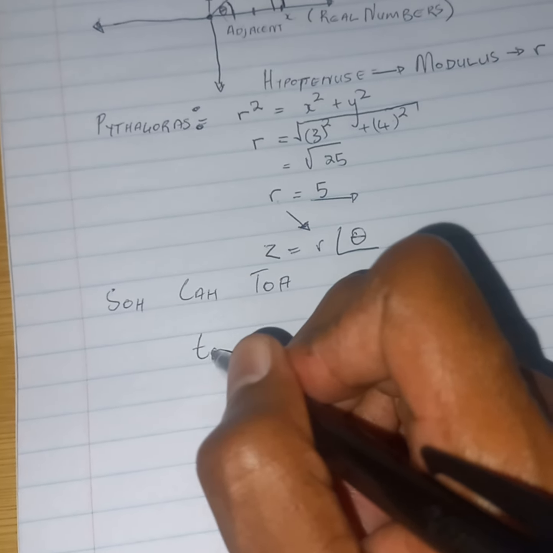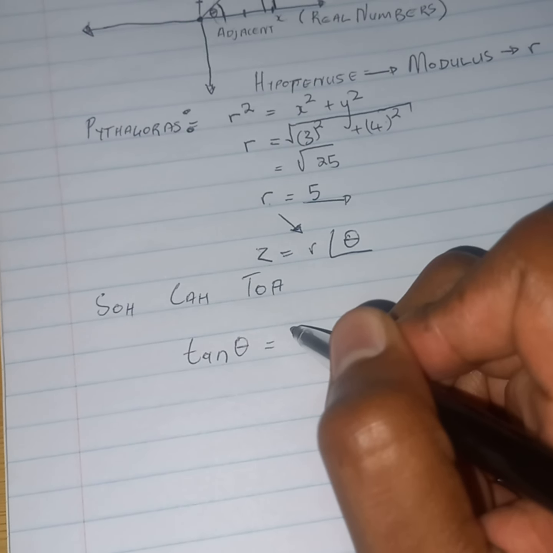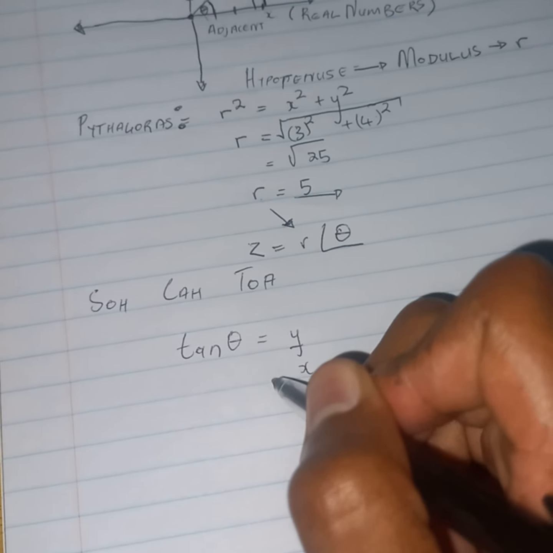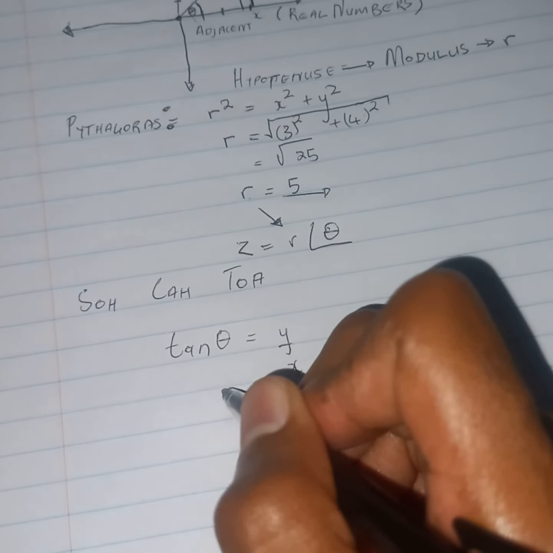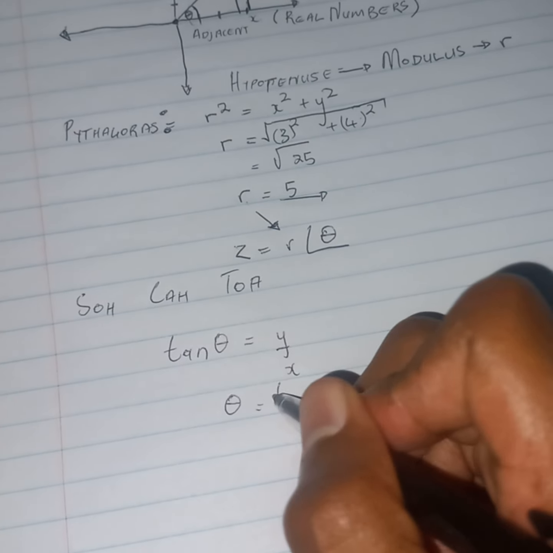So tan of theta is the same as what? Opposite over adjacent, which is y over x. And you know for a fact that I'm looking for theta, that's going to be theta, and then tan inverse